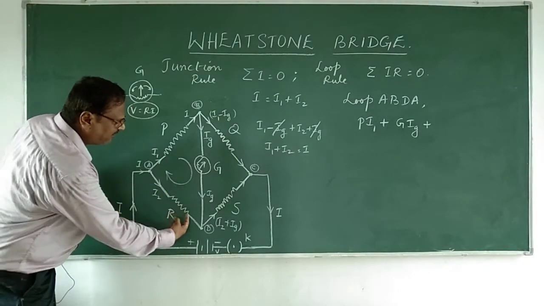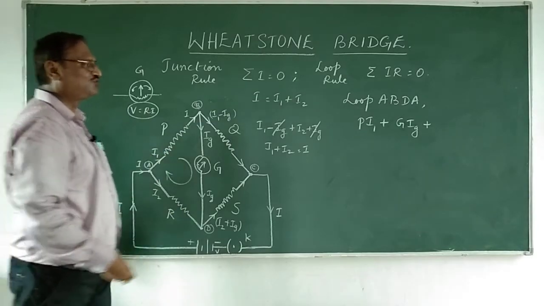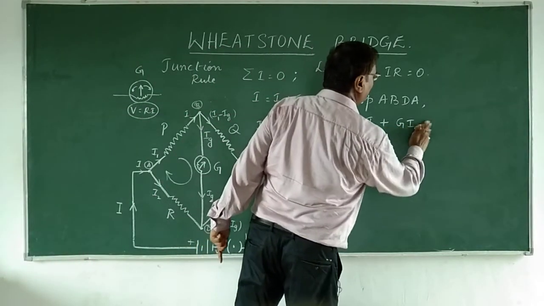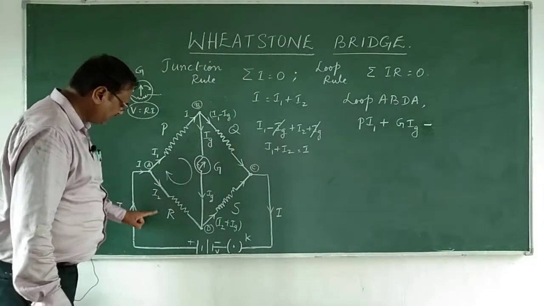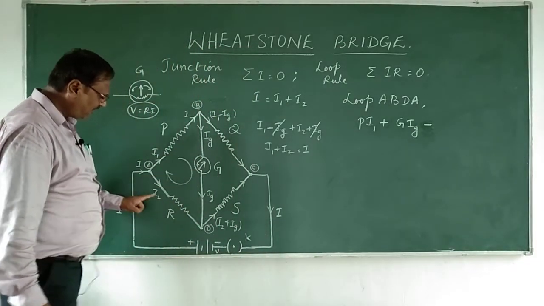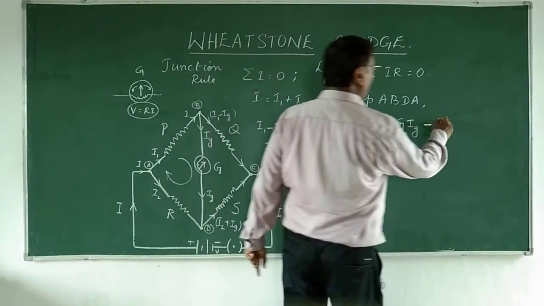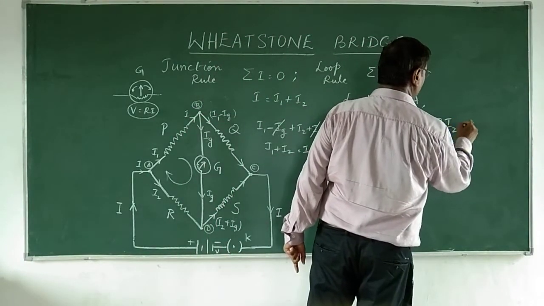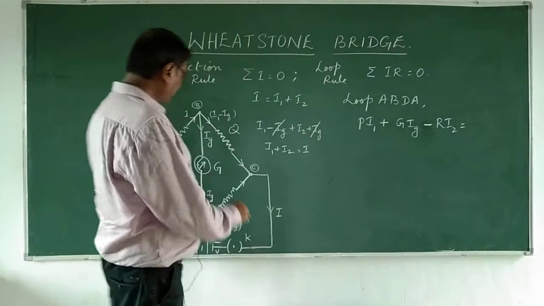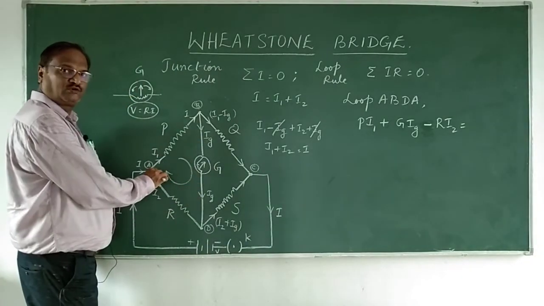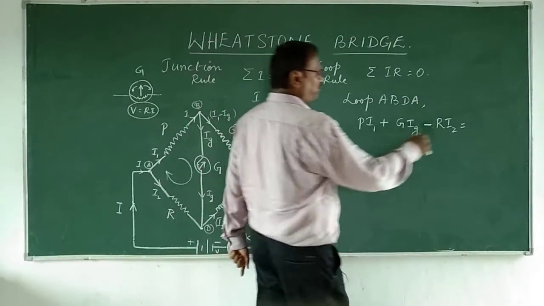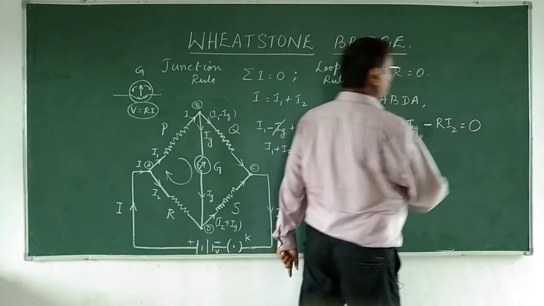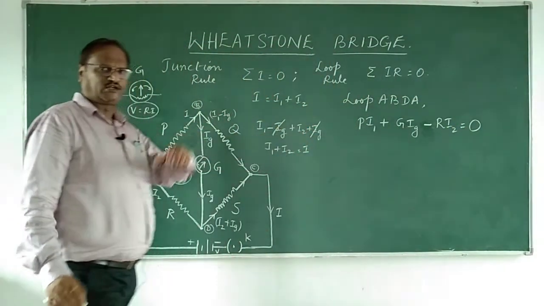Fine. So it is opposite direction. So instead of plus, what we have to do, we have to put a minus. You put a minus sign and the change in the potential, R into I2, which is equal to. Is there any cell in this loop? No cell. So naturally the EMF or total potential here is 0. Keep this as one of the loops.